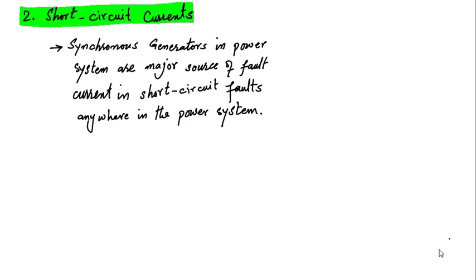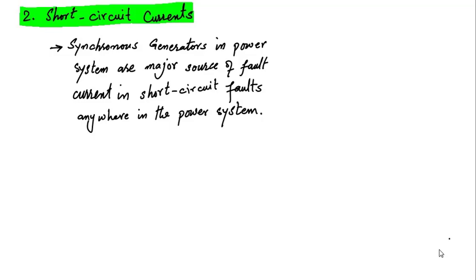So when a fault occurs in the system, voltage will jump from the normal value to a lower value due to short circuit. That will bring a transient in the whole system. Let's see what is the nature of current in that situation. When a fault occurs in the power system, current is supplied by the synchronous generators, because they are supplying the load connected to the power system, and when a fault occurs they will also supply towards the fault. So the major portion of fault current will come from the synchronous generators.